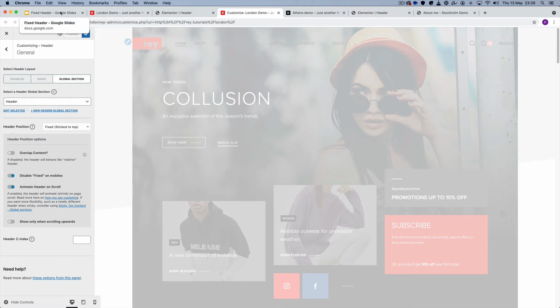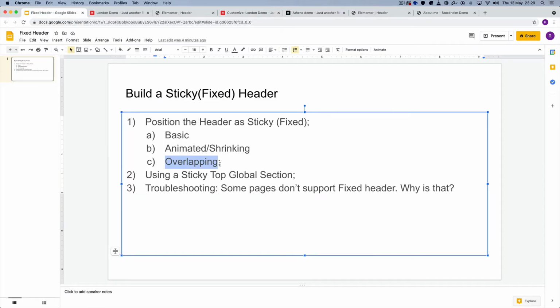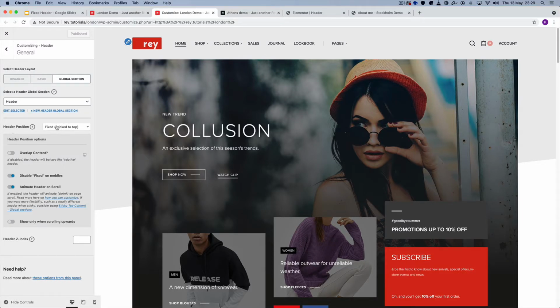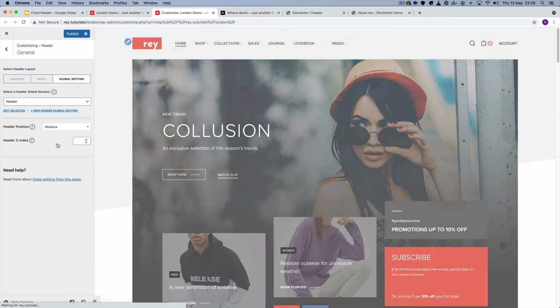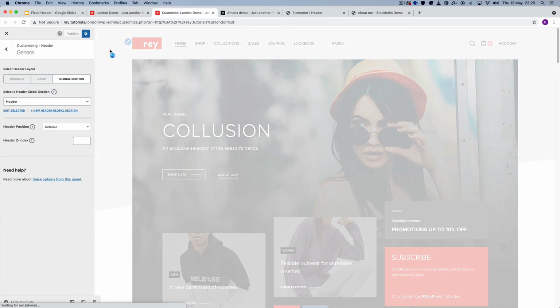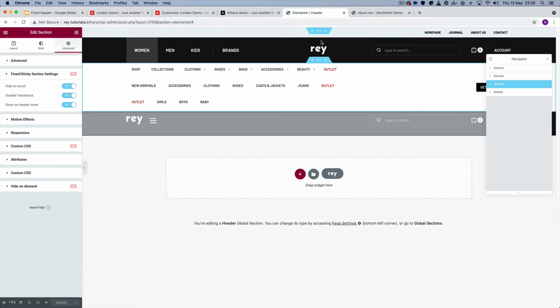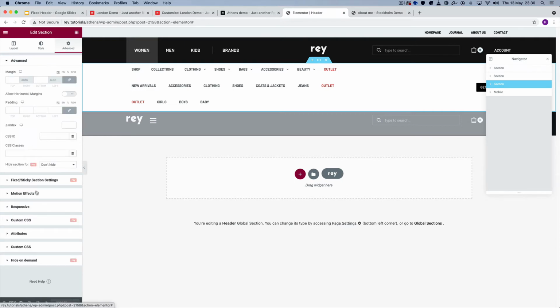Now, looking back and using a sticky top global section, what I mean is, let's first disable, just set it to relative. Now I know in case you're coming from an Elementor background, you probably have a different way of doing things. For instance, to set a section to fixed in the motion effects block,